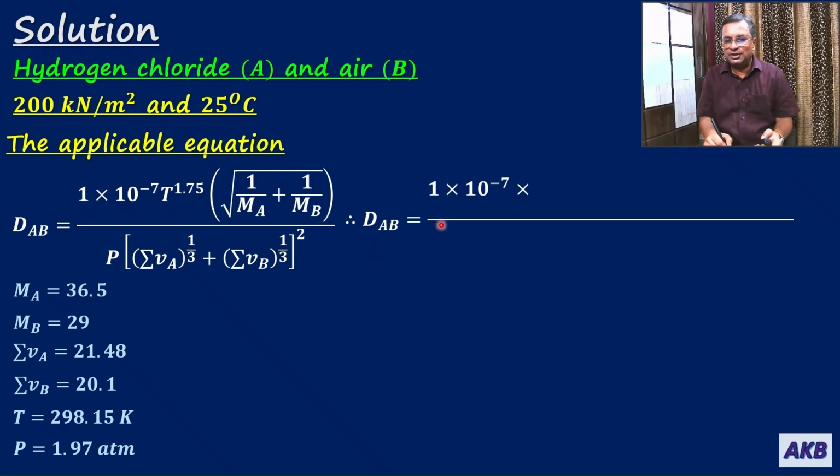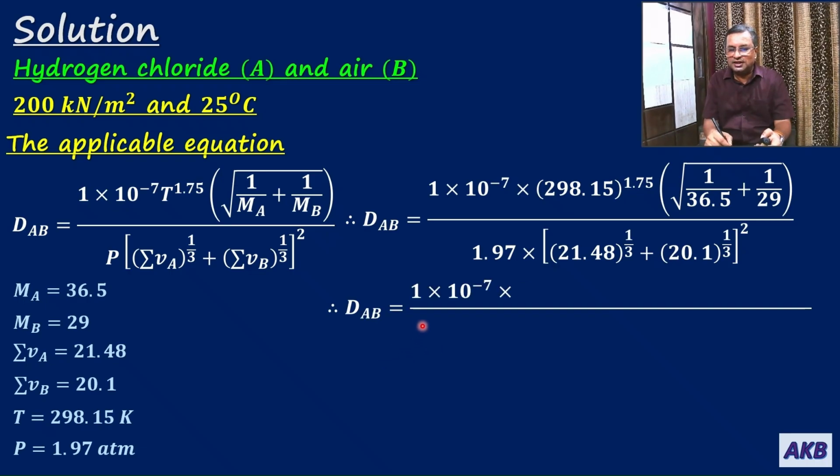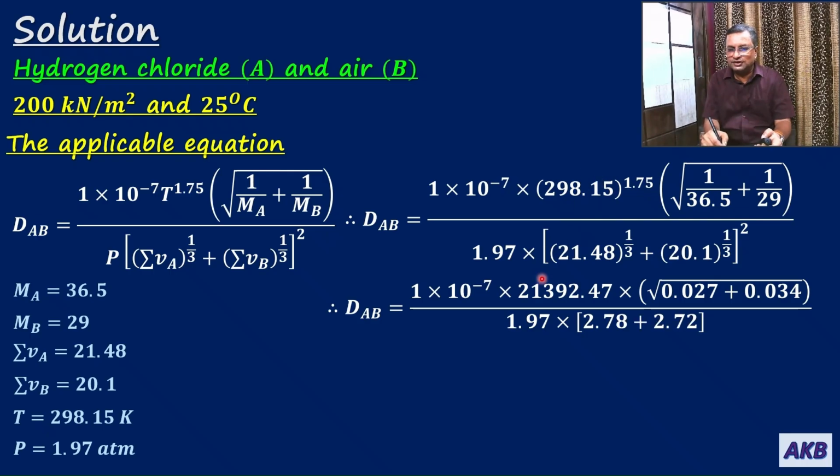So therefore DAB is equal to 1 into 10 to the power minus 7 into 298.15 raised to 1.75 into under root of 1 by 36.5 plus 1 by 29, divided by 1.97 into 21.48 raised to 1 by 3 plus 20.1 raised to 1 by 3, and square of this sum. So that is DAB is equal to 1 into 10 to the power minus 7. The value of this term is